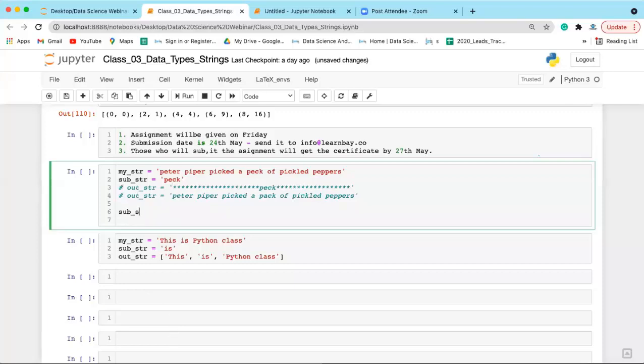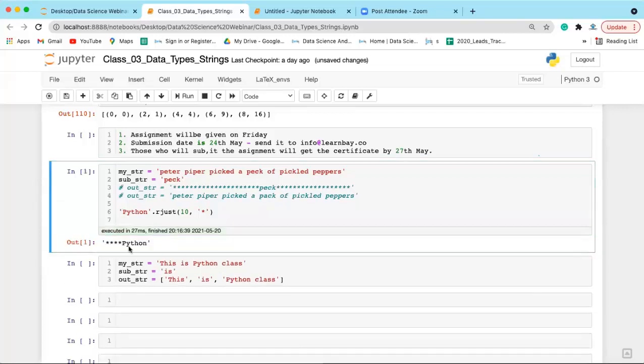Okay. So on the substring we will first apply the rjust function. Now what is this rjust function? Let's say you take a string, for example Python, and we want to right justify this string by 10 characters, and pad the rest of the characters with a star. The total length of the resultant string will be 10, the main string will be right justified, and the remaining 4 characters will be padded with star.